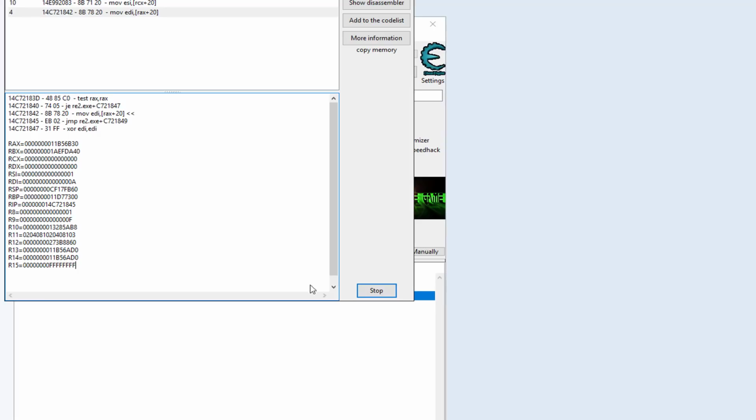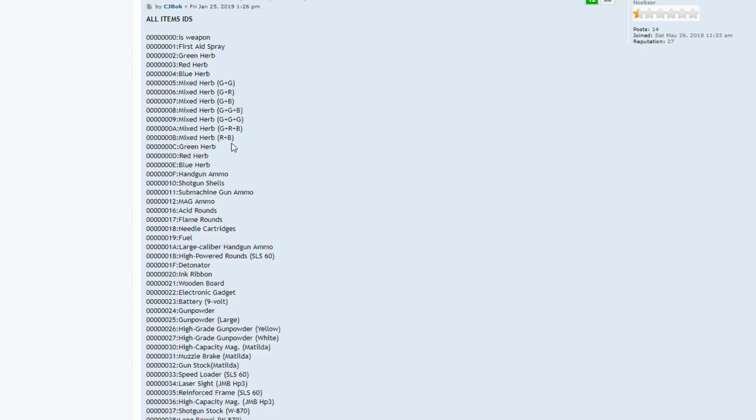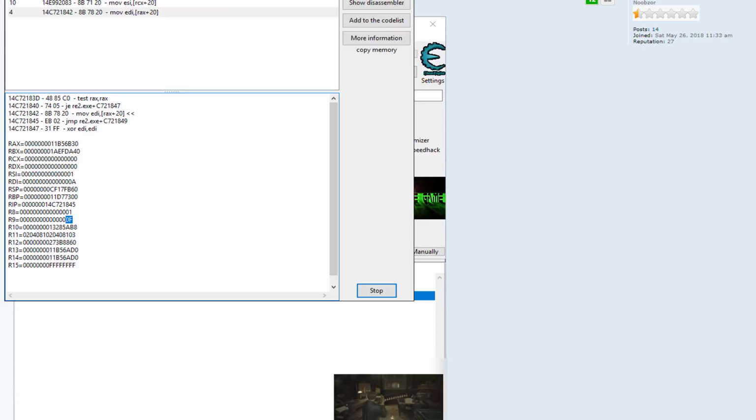So if we go back to Cheat Engine and take a look, we can see R15 definitely looks interesting in that regard, as saying that this is not a weapon. And we also have some values in R9 and R8 that are significant. If we take a look at F, if we go along here on the item chart, we can see F right here is handgun ammo, and we can test this. We can definitely test this. Let's go back to